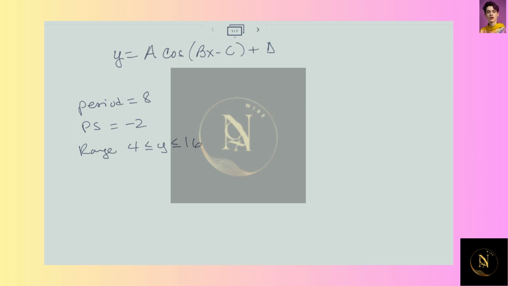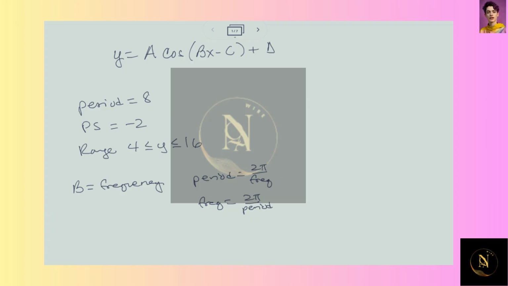Okay, so these problems are like little puzzles. Period is 8. There's no spot for period in my graph, in my function. The spot that I need is B, and B is the frequency, not the period. But I can get the period from the frequency. I know that period for sine and cosine is 2 pi over frequency, which means frequency is 2 pi over